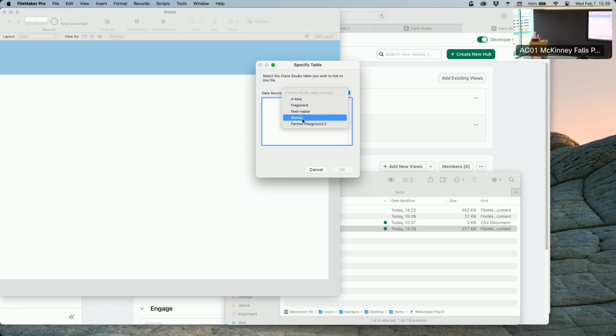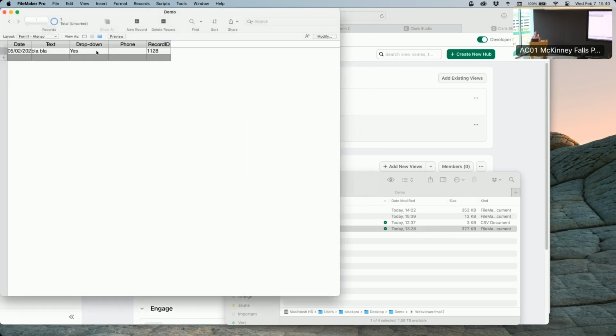And here you can choose your team, and it will show you all the tables you created. So if I want to collect the survey I created in form 1, I select form 1,